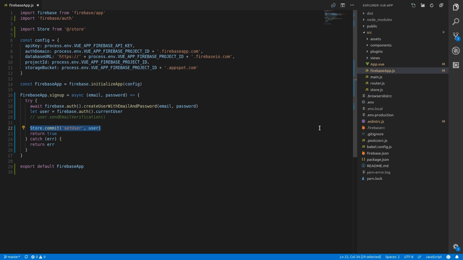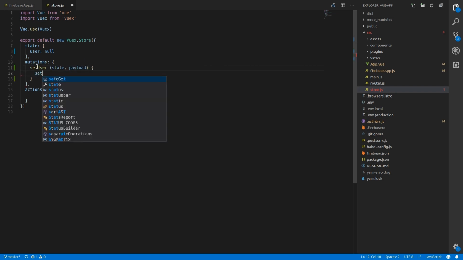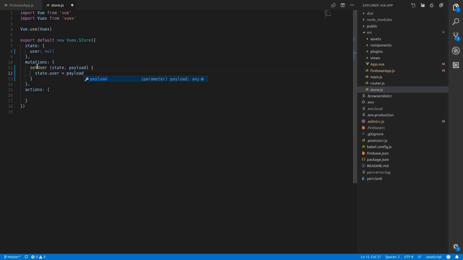So we just open our store.js file, which is the vuejs store, and we're gonna add a state for the user, and by default it will just be null. And then we need to add a mutation, which is called setUser, exactly the function we're using in the Firebase app.js, and it has two parameters, a state and a payload. And we're just going to set state.user to the payload. So if we call the commit function, the user will be the payload and it's going to be applied to